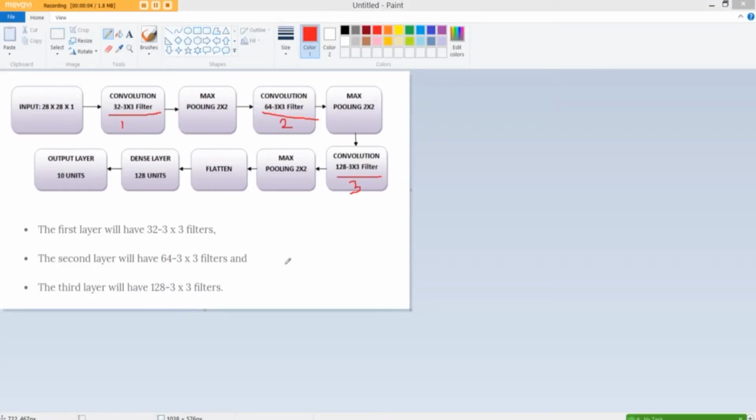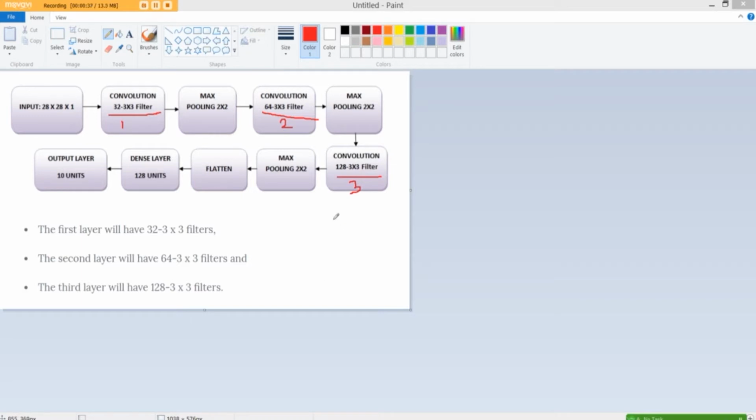Now you know what activation functions are, and I'm going to revisit the code that we looked into before. So this is what we did with our convolution neural network. We had a first layer which had 32 3x3 filters. Into that we fed in the input, 28 by 28 by 1, and remember, these were the data that we